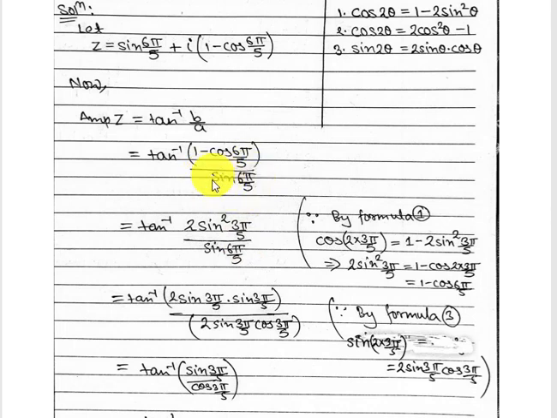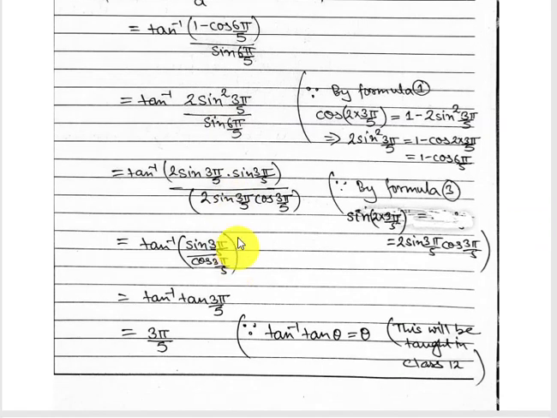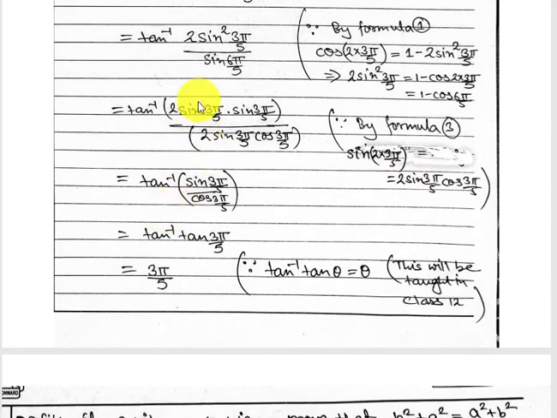So this can be expanded using this third formula. If you have sine 2 theta, then that would be equal to 2 sine theta into cos theta. Here sine 6 pi means sine 2 times 3 pi by 5. So in the next step this can be expanded and written as 2 times sine 3 pi upon 5 into cos 3 pi upon 5. Here I have written the reason, because sine 2 times 3 pi by 5 equals 2 times sine 3 pi upon 5 into cos 3 pi by 5.